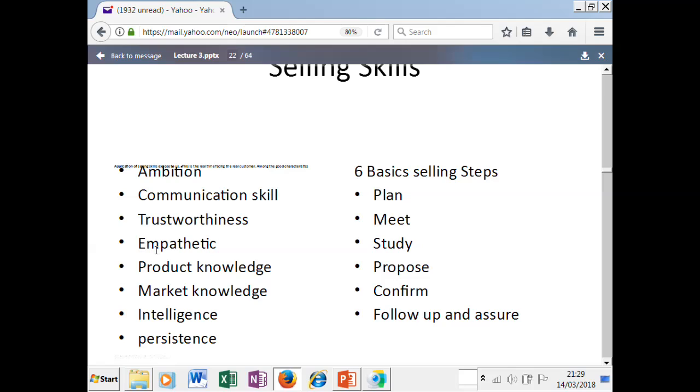Dia tak ada capability nak bayar untuk beli Honda. Maybe you ada empathy, kesian juga dia ni. Okay, macam mana saya nak bantu? Okay, kancil tak nak juga. Okay, so you macam mana? You bagi dia